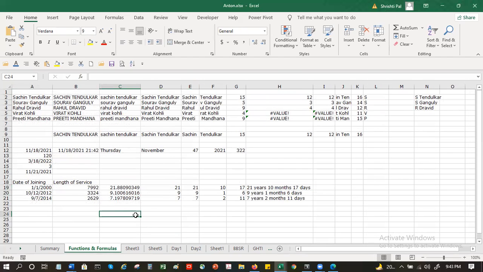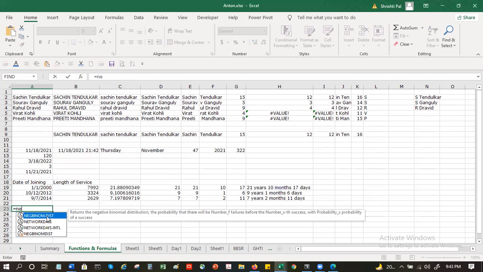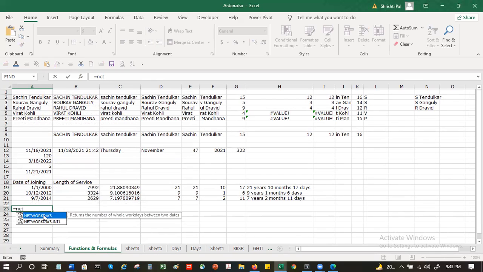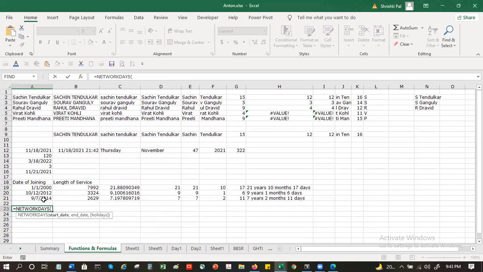So we use this, we use date. Okay, some more on the dates. Suppose you have again that from date to date, I'll use the same. There's something called as NETWORKDAYS. NETWORKDAYS gives you the number of working days between two dates.